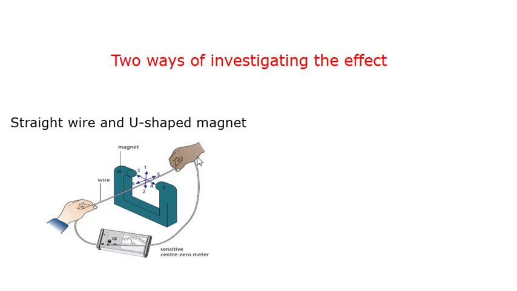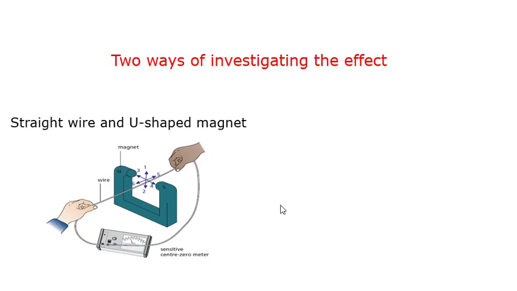Now this current is produced because of magnetism, because of the magnet, and hence we call this current induced current. So what is induced current? The current generated or produced in the conductor because of magnetism is called induced current. Here there is a relative motion between this conductor and this magnet, and because of that there is generation of current in the conductor.